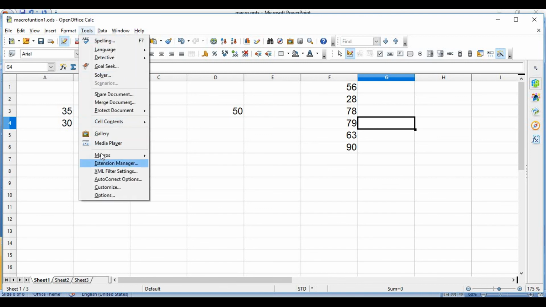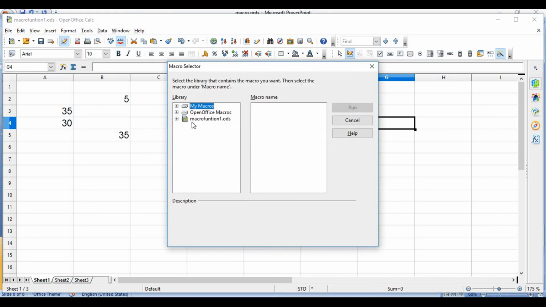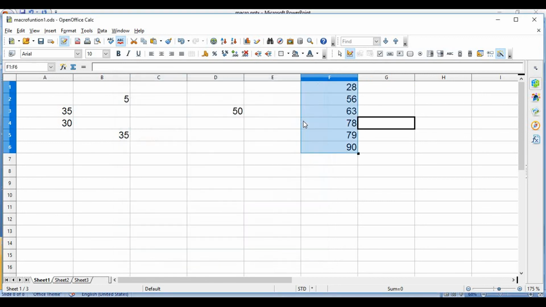Go to tools, macro, run macro. It will take some time, so wait for this. Now AutoSort, this is the macro. Once you run this, you will see your data is arranged in ascending order.